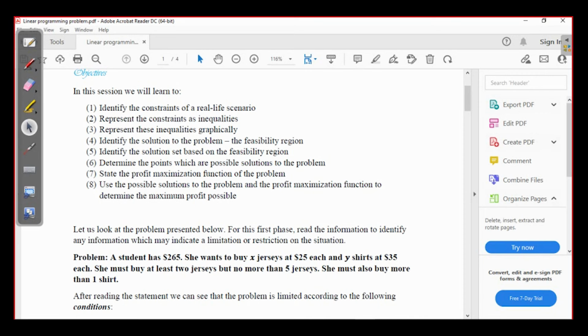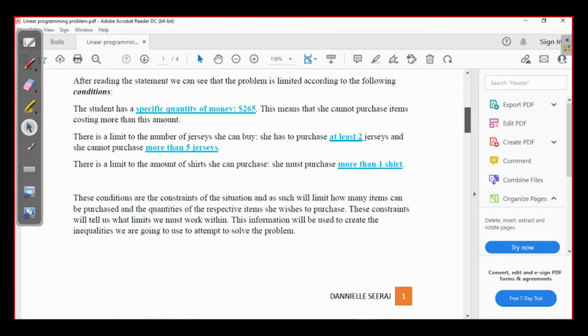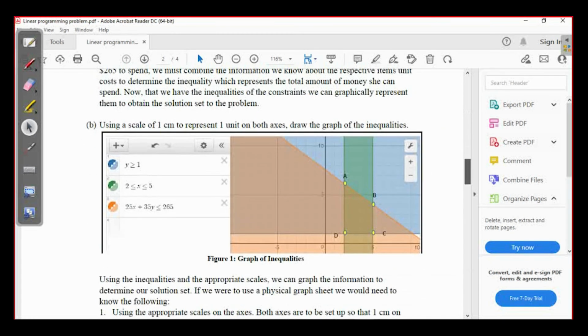The things that we were doing were building up into this topic, linear programming. Essentially, when you deal with linear programming, you're talking about taking equations, right? And depending on your situation, you're going to develop an inequality relating to it and represent all of that on a graph. And when you represent all of that on a graph, you're going to be able to find some solution set, some group of values that will help you with either maximizing or minimizing your problem, whatever your problem